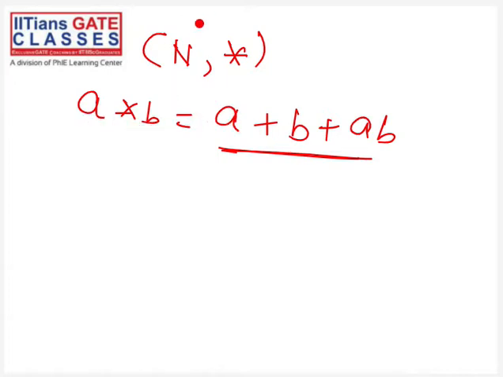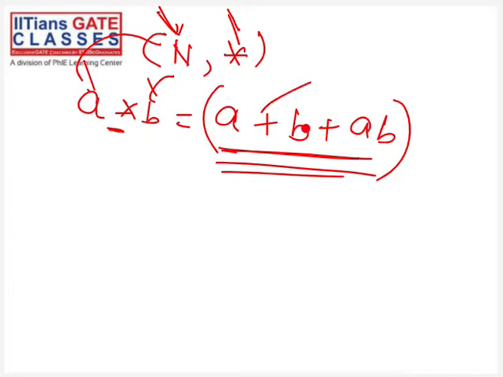I am saying that this is our base set, so you only need to consider elements from the natural numbers. Okay, and I am defining a new operation. This new operation behaves like this: whenever I apply this operation to two elements a, b, where a, b are from this set N, then the result is this, and this plus is basically the addition operation.